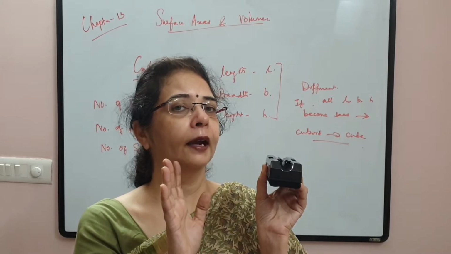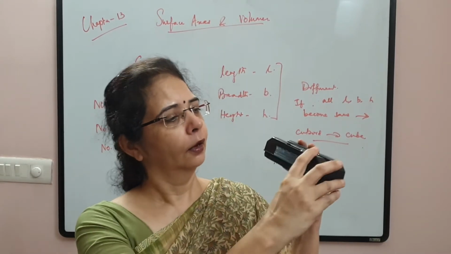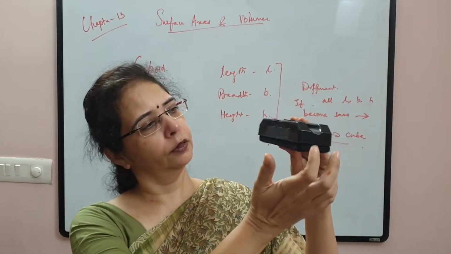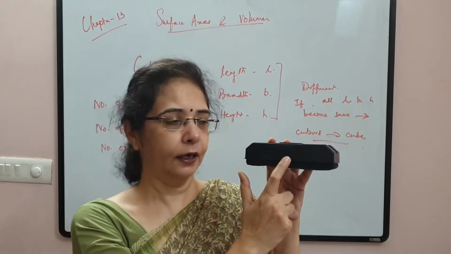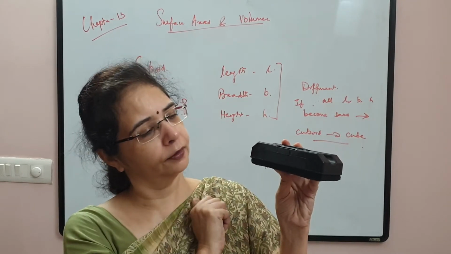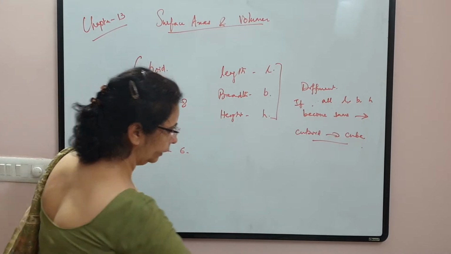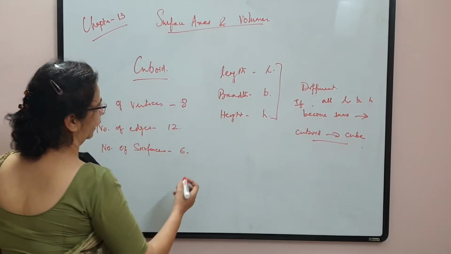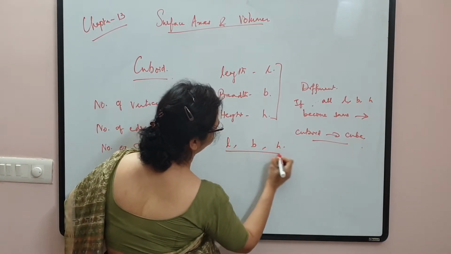So now we have taken into consideration 4 surface areas. We have considered this, this, this, and this. We are left with this, right? Now what will be the surface area of this surface? See, now I'll explain it to you in writing. You have length, breadth and height.